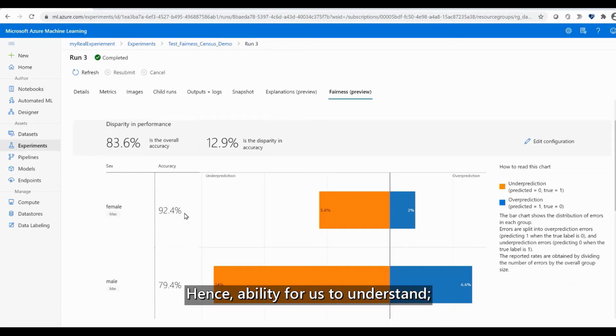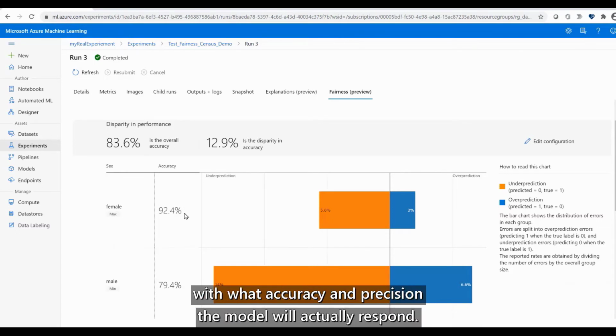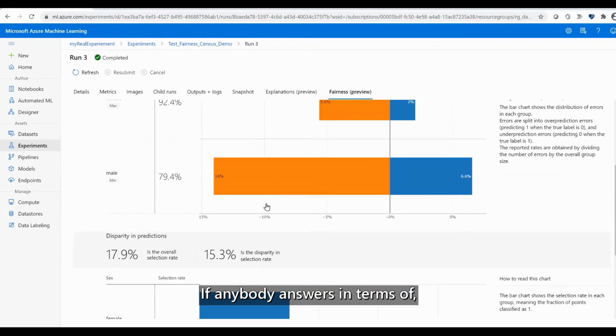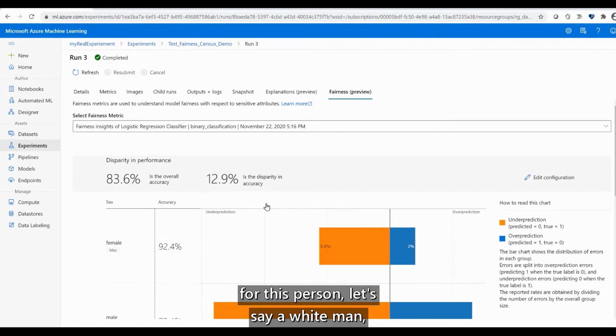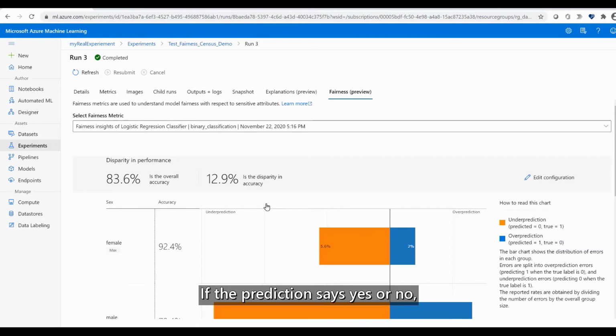So hence, we're able to understand, eventually when we put that into production, with what accuracy and precision the model will respond. If anybody asks us, hey, while you're saying for this person, let's say a white man, he has applied for a loan. Historically, this has been the trend of white males who've either repaid or not paid. Accordingly, should we give a loan to this person, yes or no? If the prediction says yes or no,